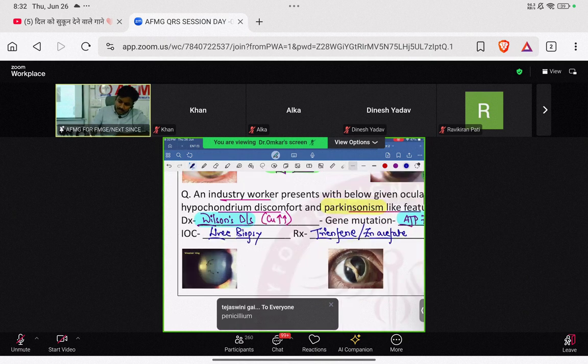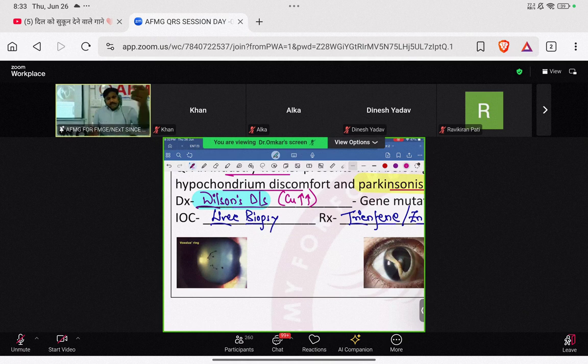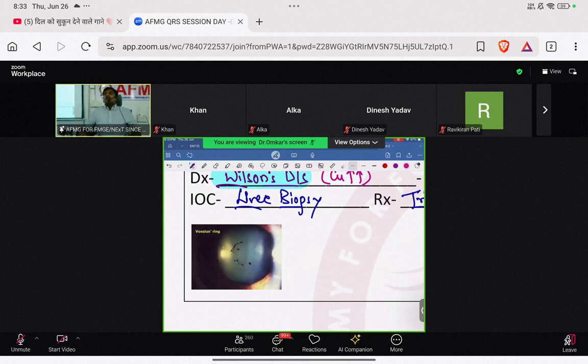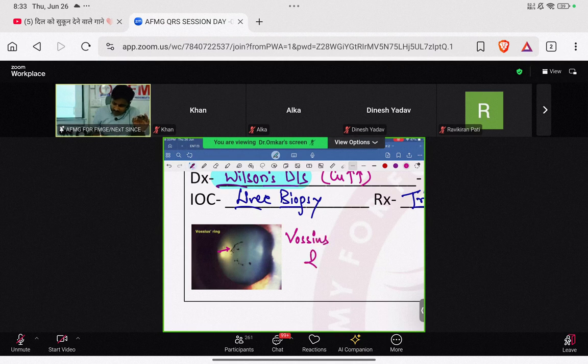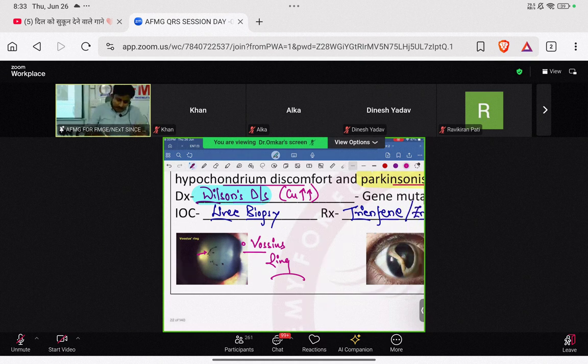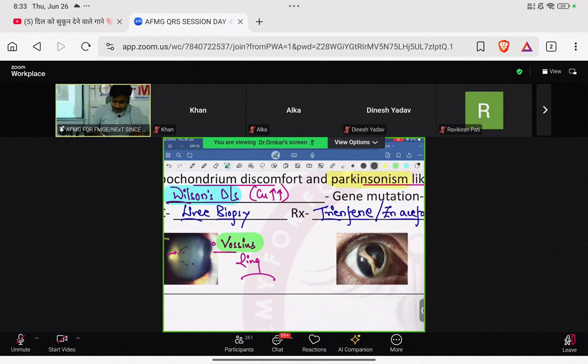Next important is another case of trauma, children, where you are able to see a very classical picture called which ring? It is a PYQ in FMG, NEET and INI-CET, all three. Here the patient had a concussion trauma. Concussion means sudden flexion and extension, beta. Due to that, the lens of the eye comes in contact with the iris, and the iris deposits its pigment on the lens, leading to formation of this circular pigmented ring called the Vossius ring, beta. So this is classically known as the Vossius ring. And remember, they have only asked the image-based question of what this is. The Vossius ring happens due to concussion trauma. Is that clear? That is what you should at least remember.